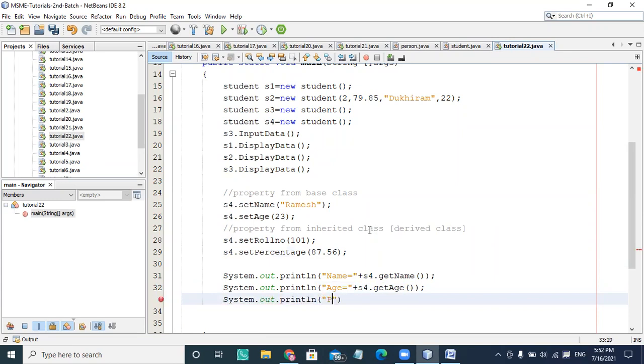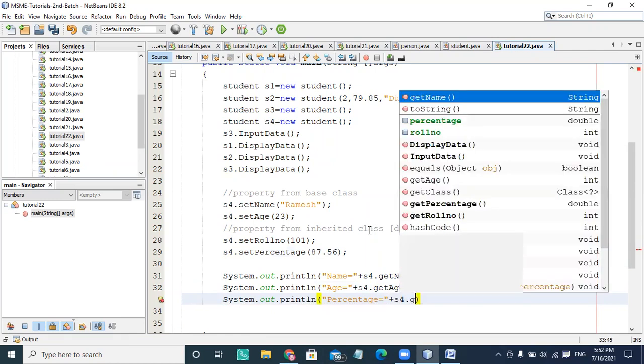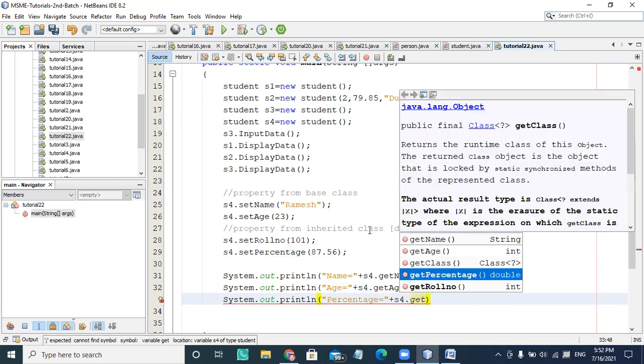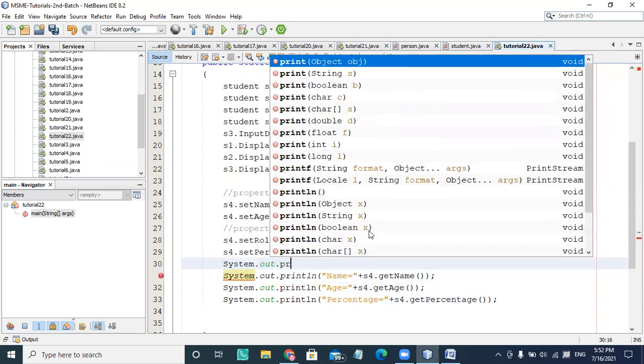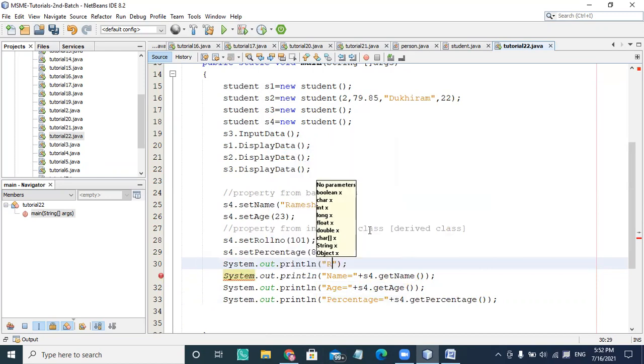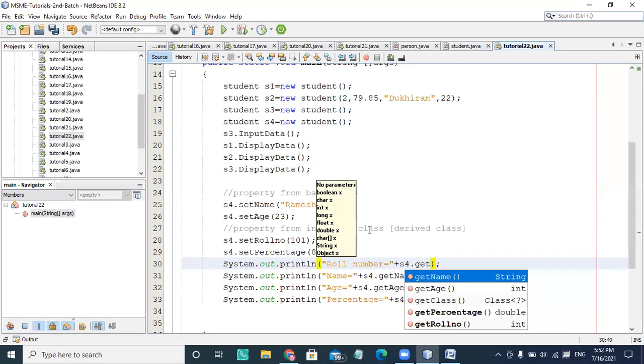Name, age and percentage equal to, plus s4.getPercentage here. And if I want to print the roll number, in any order you can choose System.out.println and roll number equal to, and then plus s4.getRollNumber here.